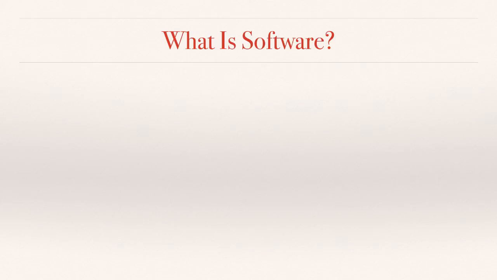So, what is software? Well, maybe we think we know it when we see it, but can we articulate it? Suppose you had to describe software to a child who knew what a computer was, could use applications on a computer or mobile device, but they just weren't sure what you meant when you used the word software. What would you say? How would you describe it?